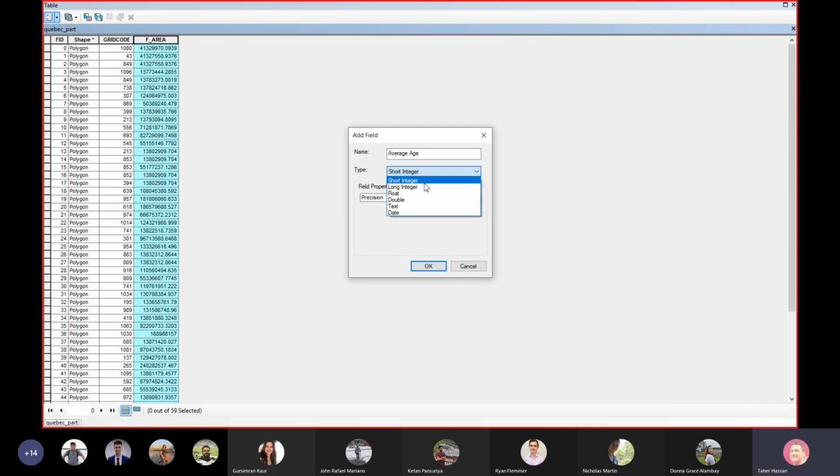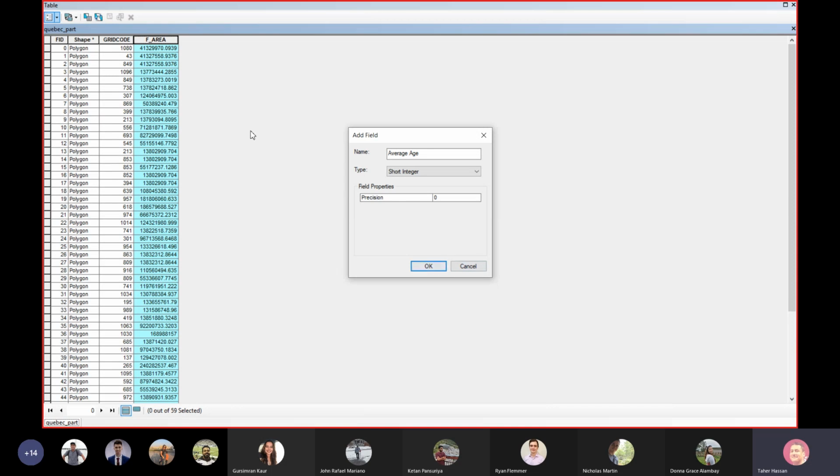Really has to do with the memory. So for example, short integer will use less memory, while long integer uses large memory. For example, when we say average age, should I use long integer or short integer? Did you see anybody around you that is 200 years old? No. Okay, you can use long integer, but you're just wasting the memory of your computer, so you can use short integer, and then once you hit OK,